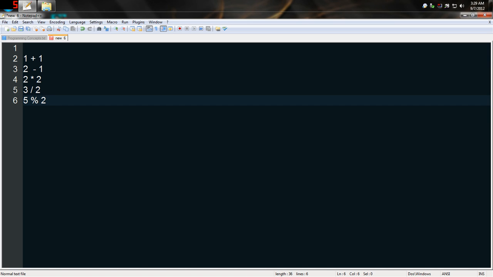But very simple, like 1 plus 1. There's the add operator or the plus operator, whatever you want to call it. The minus operator. The asterisk is actually the multiplication operator. The